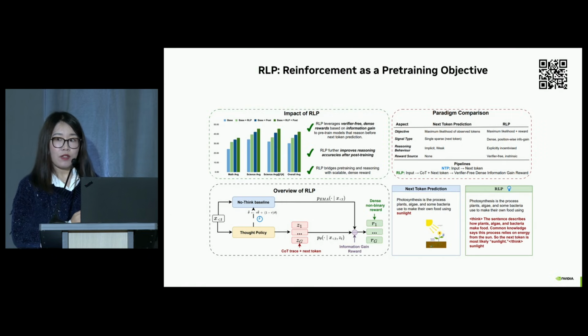And yeah, I just talk about the pre-training data. And this work I also want to share. This is a very recent and very innovative work. It's called RLP, Reinforcement as a Pre-training Objective. So basically, this work uses